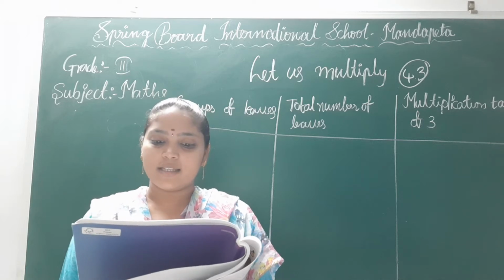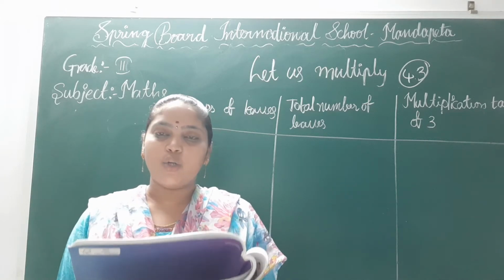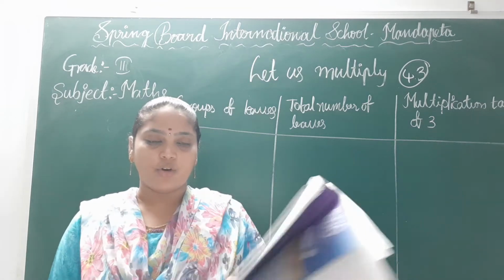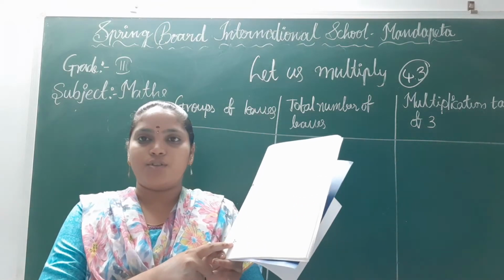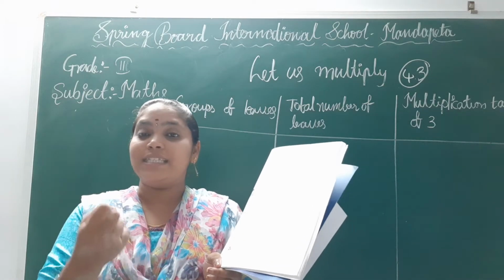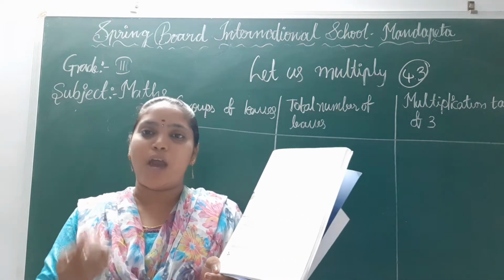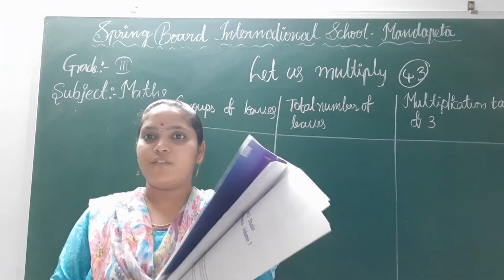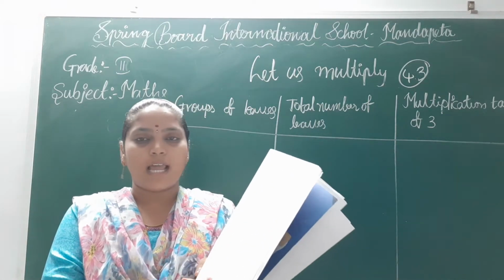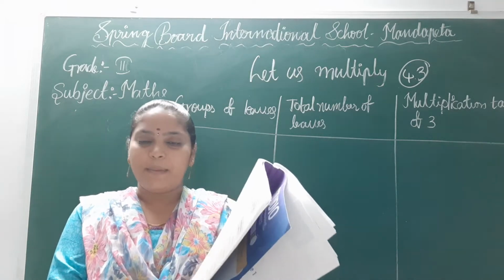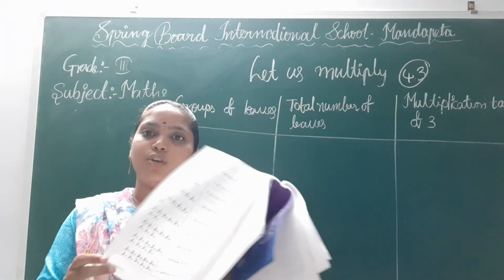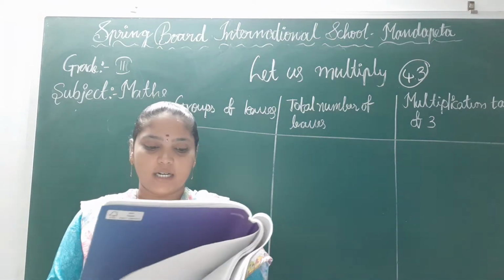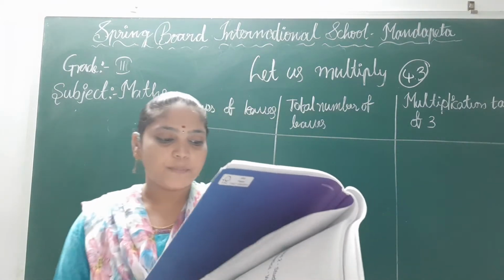Follow the instruction given by your teacher to collect leaves and paste them in a chart as shown. So here given are groups of leaves. You have to do this activity using leaves. You have to take the chart and prepare the multiplication of 3 as shown like this. Here given are the pictures of the leaves. You just have to take the leaves and paste them here. So here groups of leaves.